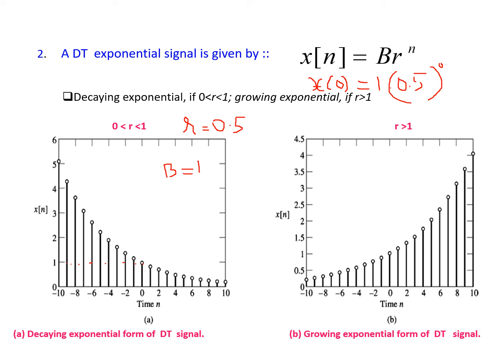I don't know what value of b they have taken, because it's only a representation. Anyway, it's actually a positive number, and with the increasing value of n, with r greater than 1, the exponential value keeps on increasing. If you decrease the value of n, then the signal value keeps on decreasing. So if you take the n value from negative to positive, say -10 to +10, the value of x keeps on increasing. So whenever r is greater than 1, it results in a rising exponential. Whenever r is less than 1, the signal results in a falling exponential.